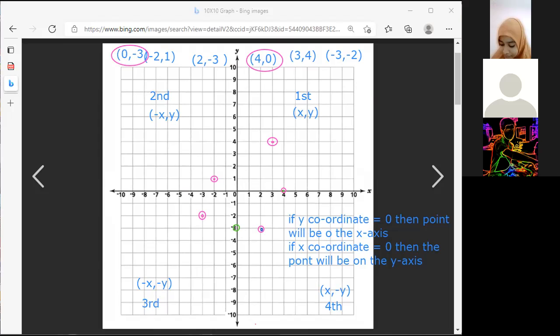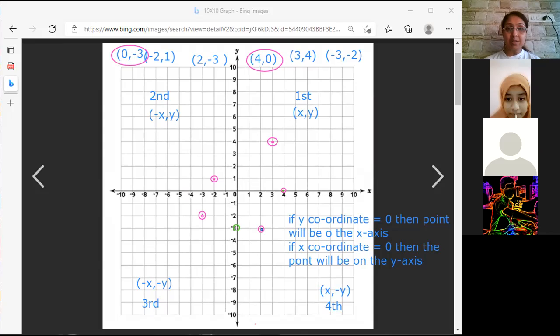Sufyan, is it clear? Yes, ma'am. Any doubt? Anything not understood? No, ma'am. So we have completed the first question of 5.6. Am I right? Now I am going to erase whatever is on the graph. So do you want to take a screenshot? You want to copy? I'm going to count till 3 and erase it. 1, 2, and it goes.